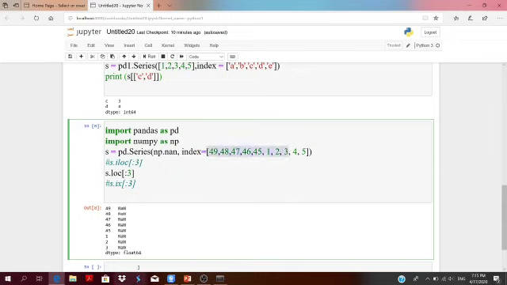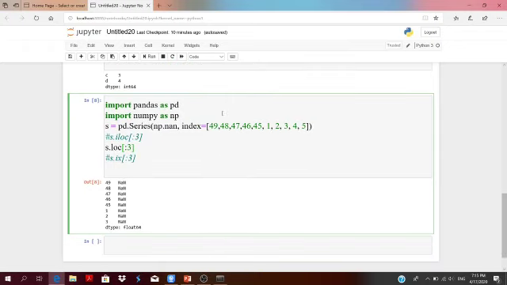And since the values of all of these are NaN, your result will look like this. If you change the labels to A, B, C, D, then you can specify that label here in this LOC function.